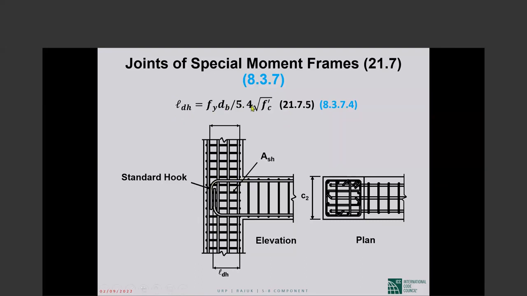And the commentary says that this is, I don't remember now, 30 or 40% higher than what is required by chapter 12. And that is because these bars are subject to stress reversal. The bars that we are developing by hook are subject to stress reversal. Okay, so